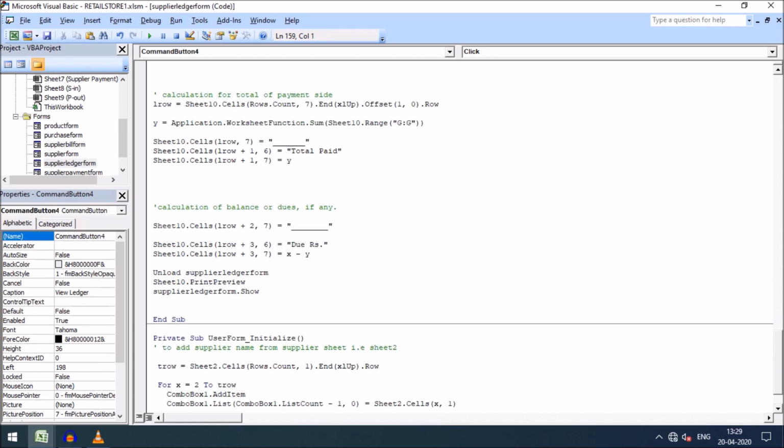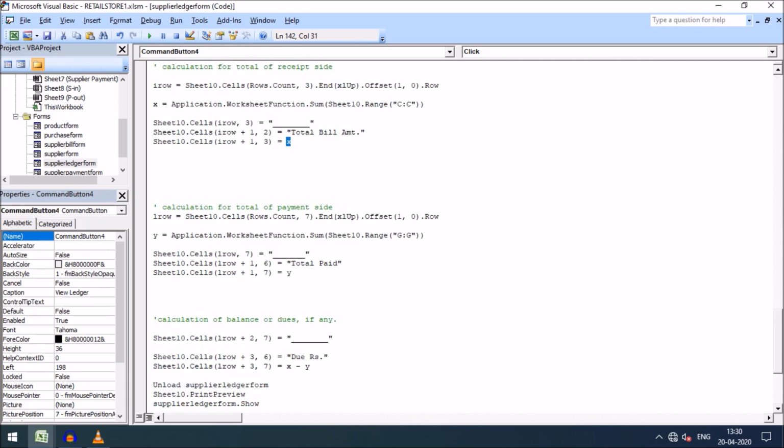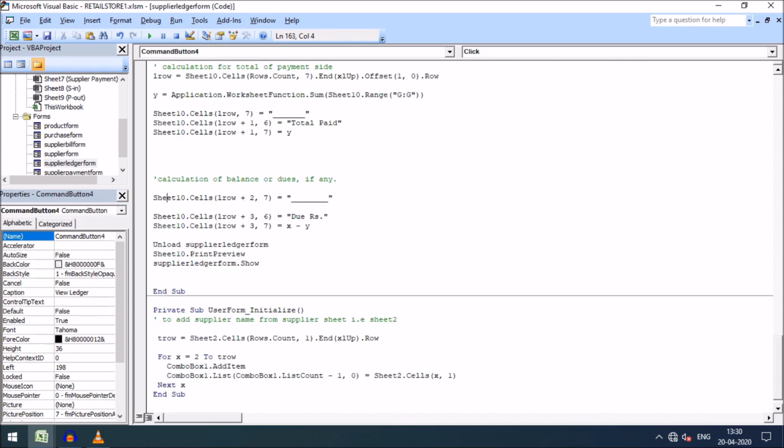So thus this will be the total of receipt and total of payment. Here it is the section total receipt and total payment, and here I want to show the due, if any due here. So for this I again go to the next blank row, that is the one here, up to 1, then I go up to the second blank row, comma 7, the 7th column, I want a dash sign, and this will close.